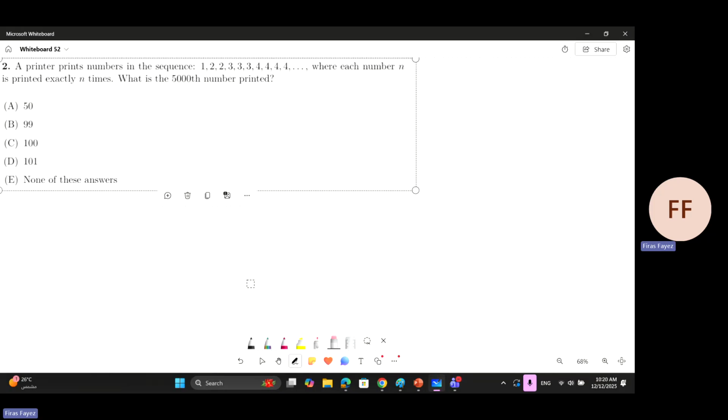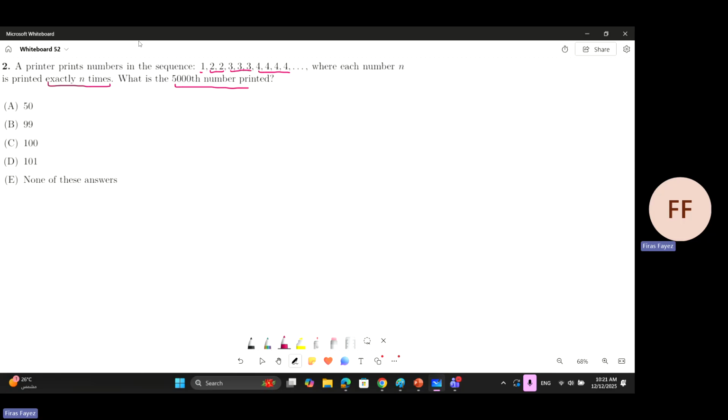So, question number two, it says a printer prints numbers in the sequence 1, 2, 2, 3, 3, 3, and 4, 4, 4, where each number n is printed exactly n times. So the question is, what is the 5,000th number printed? Okay,